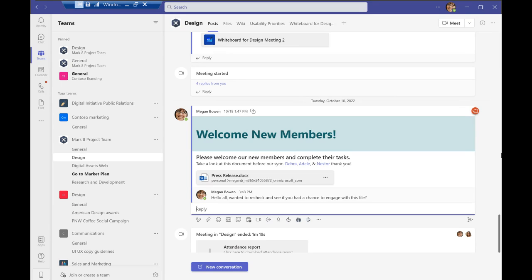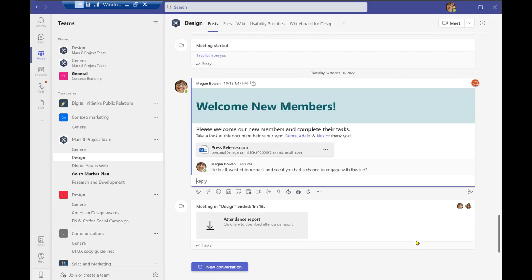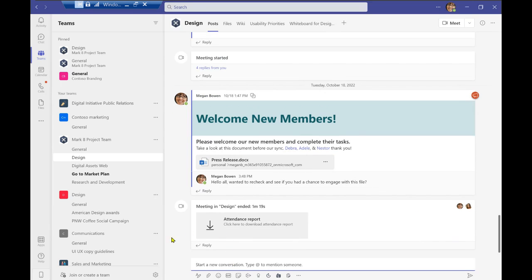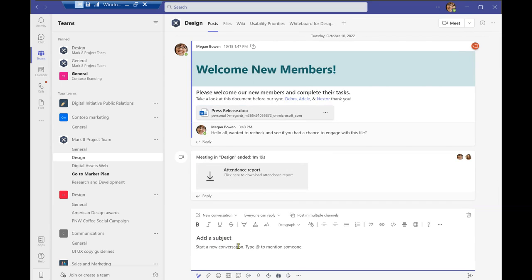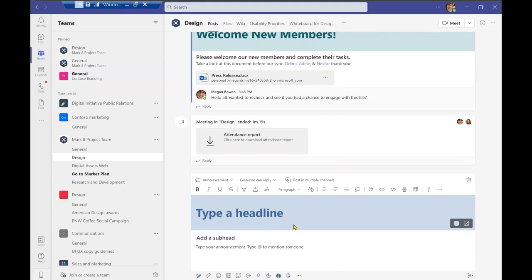So some other information I did want to share out in creating another post. So I'll select new conversation right over here, and I want to format this conversation. So once again, I'll have another announcement that appears right here and navigate it right there. And now I can go ahead and share out another file that we can collaborate on. Since we weren't able to see some collaboration there, perhaps we'll see some collaboration over here.